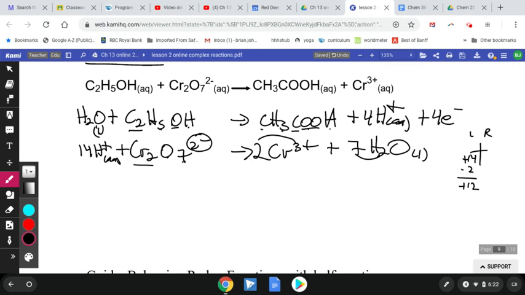This gets everybody. 2 times 3 is 6 plus, so we're at 6 plus and 12 plus. So what do I do? 6 negatives to the more positive side to give us 6 plus, and then they're balanced. 6